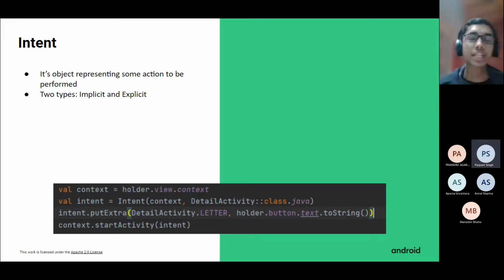So let's start with explicit because you'll be using it much more. An explicit intent is usually highly specific and it's used to launch an activity in your app. So for example, you have a few screens in your app and you want to navigate. Then you launch an intent saying that I want to navigate to the screen, and then give it some arguments, whatever you're supposed to do. And then you start the intent.